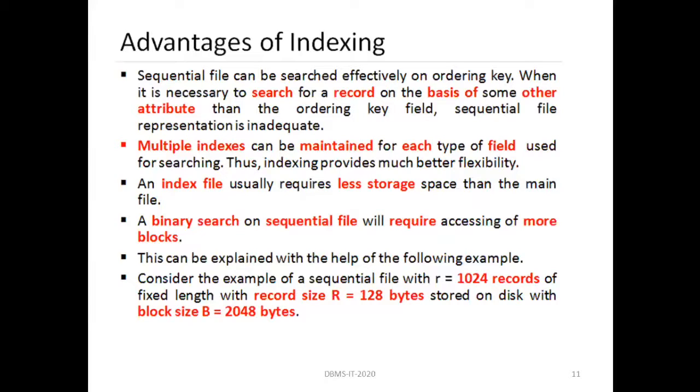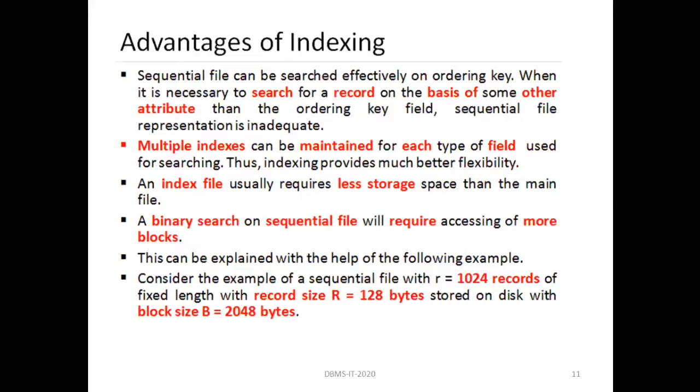Just imagine that you are given a book and you open the index of the book. The index is very small, just 2 to 10 pages. So a very small amount of space is required compared to the total book. In this case, the index file usually requires less storage space.